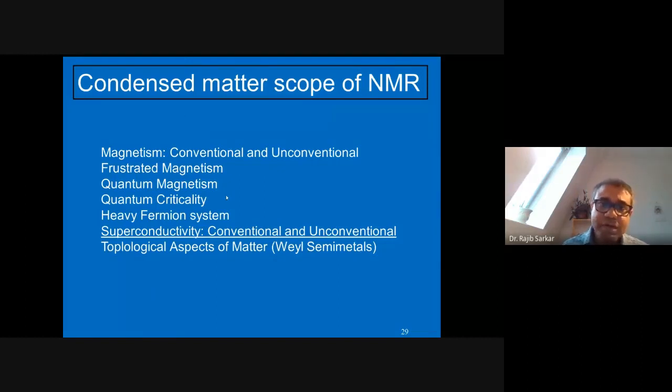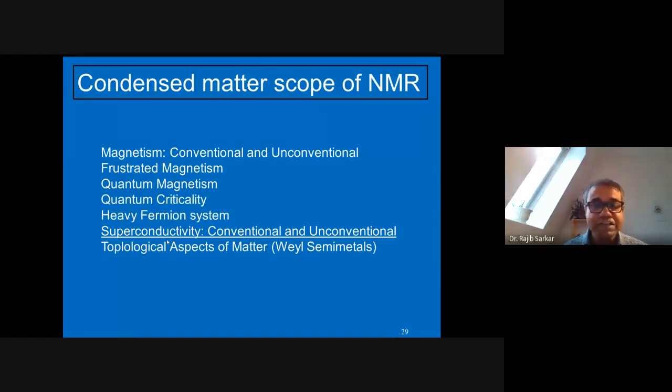So for example, when you are talking about magnetism, by using NMR, you can get the information about what kind of magnetic state, internal field, magnetic structure you can get. In the frustrated magnetic system, you can get the dynamics, the local susceptibility. You can do many quantum magnetism studies. In heavy fermion system, where fermions are much heavier than usual fermions, there also NMR was extensively used. And one of the very solid applications of NMR over the years is superconductivity,